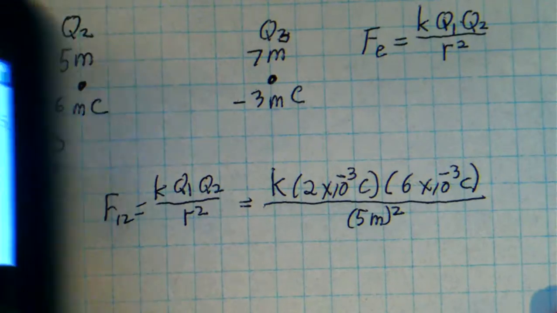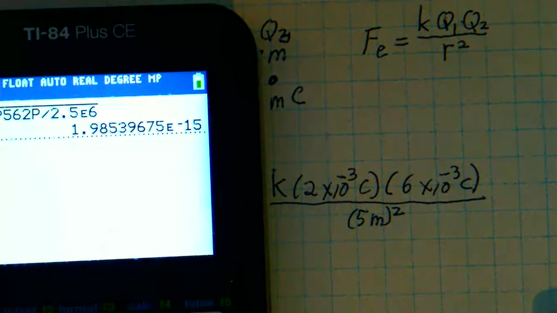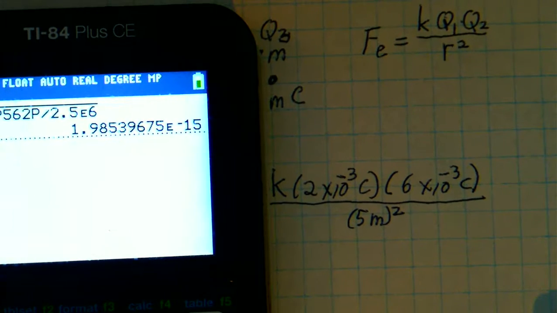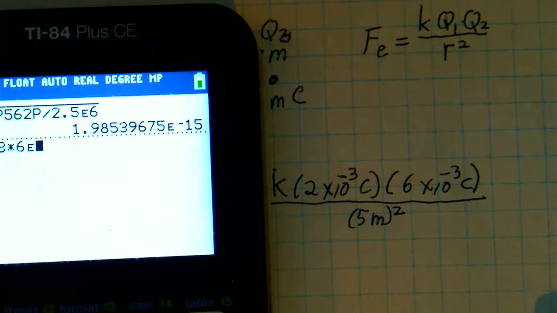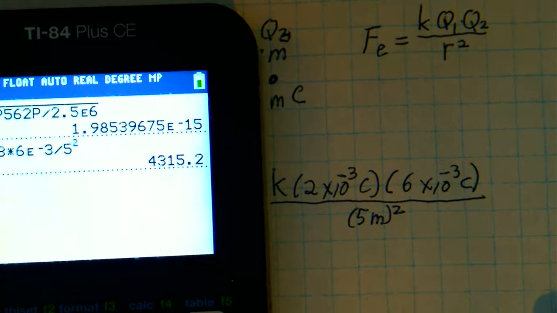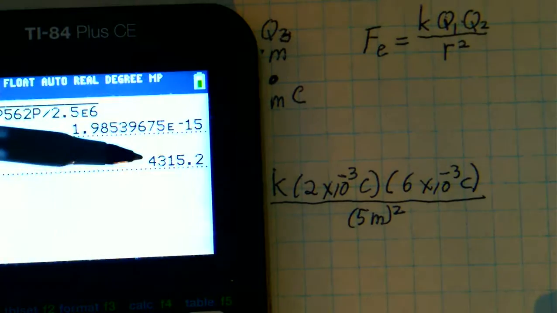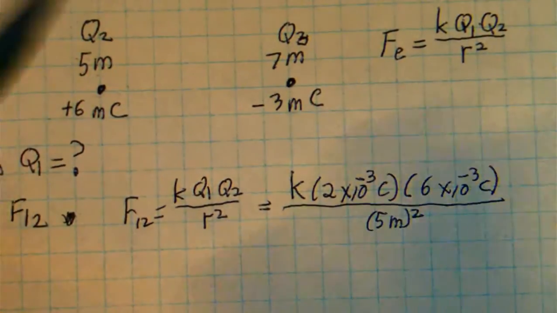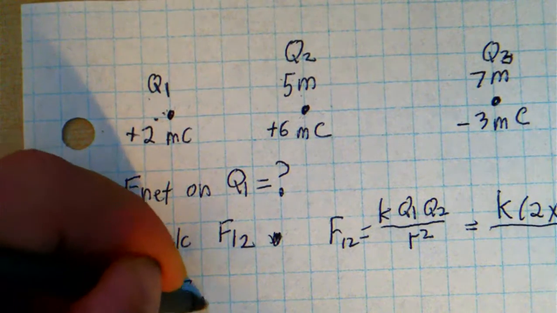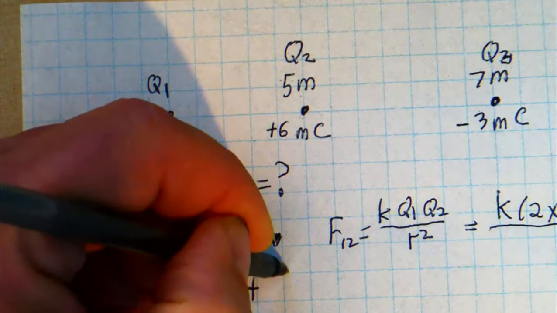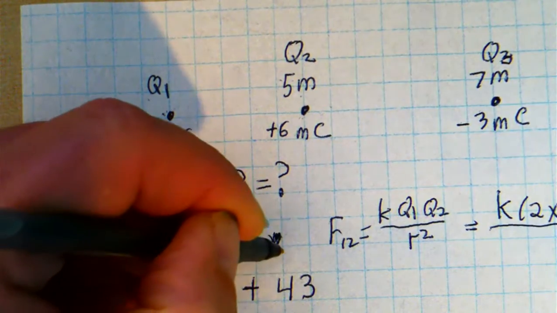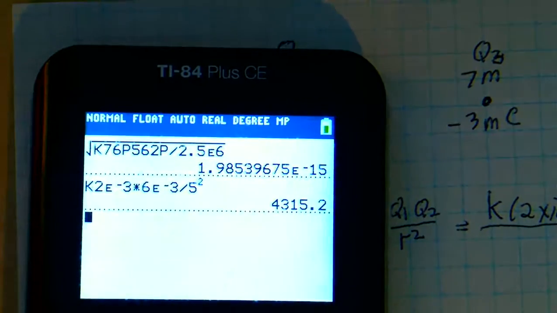On my calculator, then, I would type in alpha k, because I already stored it in memory, times 2 times 10 to the negative third power times 6 times 10 to the negative third power divided by 5 squared, enter. The calculator displays 4,315.2. So F12 equals positive 4, 3, and if I want to do this to just 3 sig figs,